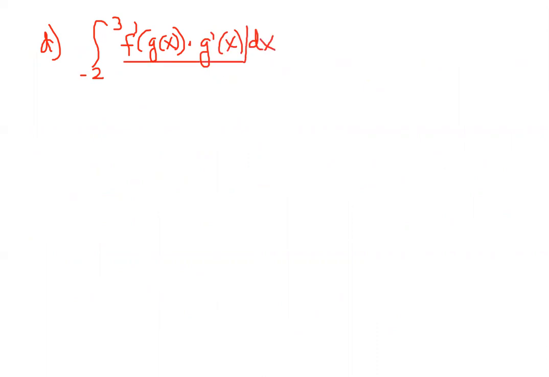Okay, this is part D, the integral from -2 to 3 of f prime of g of x times g prime of x dx. Okay, look at this right here. This is like the chain rule. So if we could just go backwards, this just equals